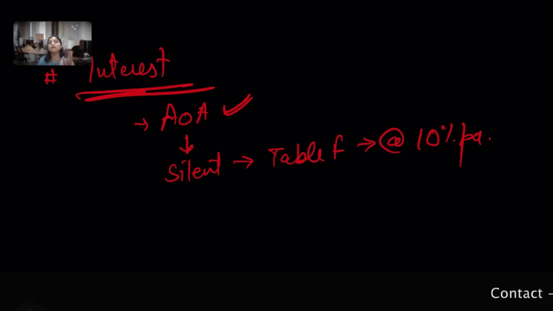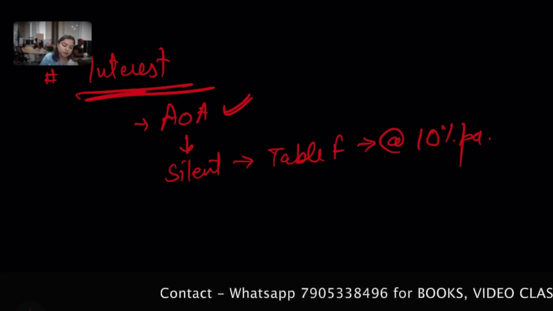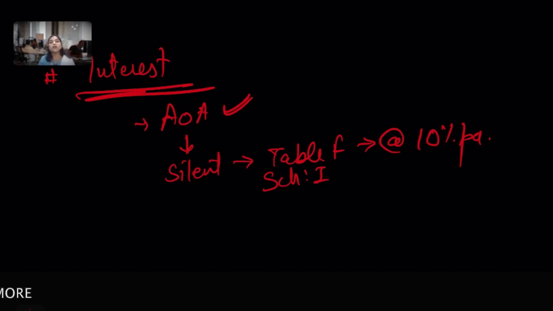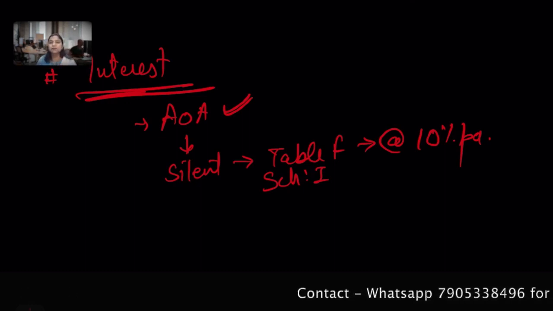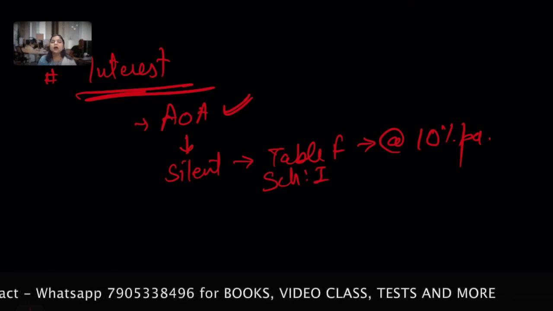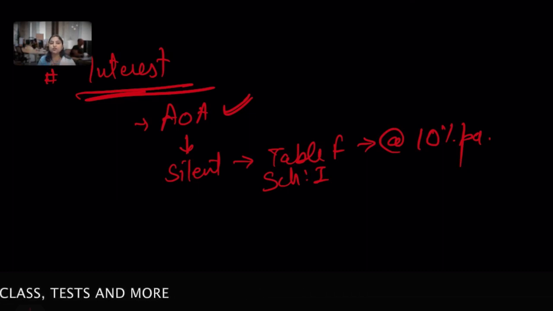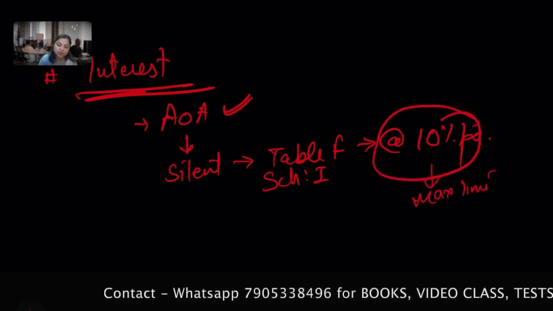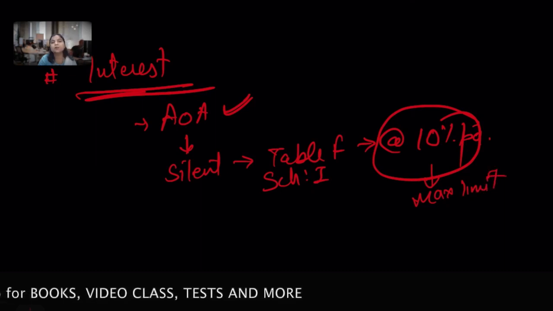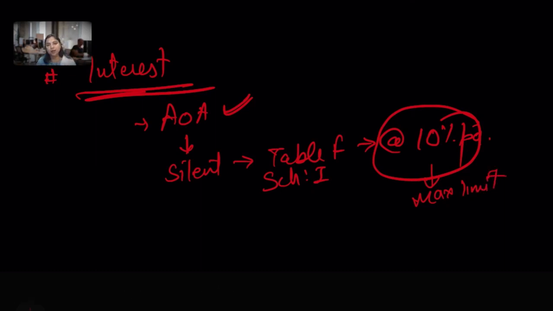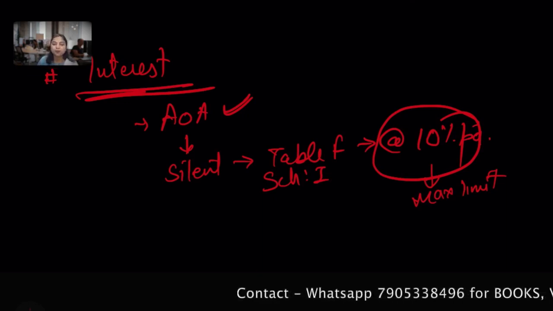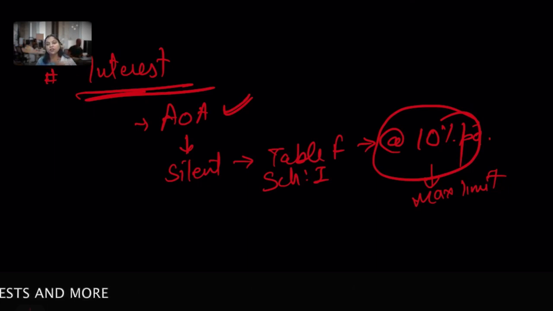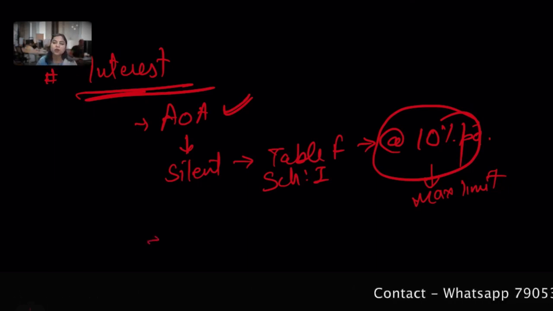There is Table F of Schedule 1 of the Companies Act 2013. It shall be applicable that if there is a default on the appointed date, the rate should not exceed 10%, meaning the maximum is 10%, it can be lower. So this is a maximum limit. And being a director of the company, on behalf of the company I have a right to waive off the payment of interest on the calls in arrear, and this interest on calls in arrear needs to be transferred to the profit and loss account at the year end.